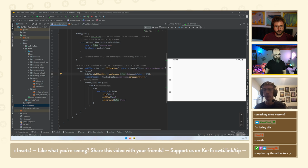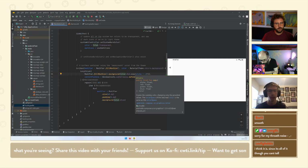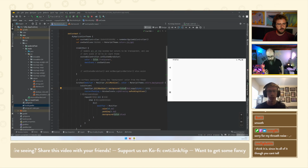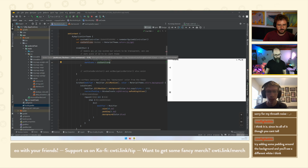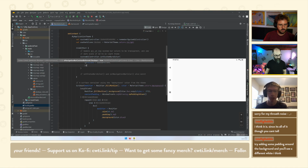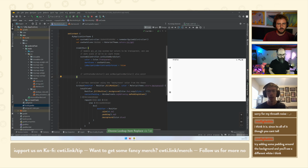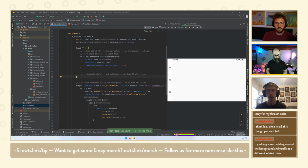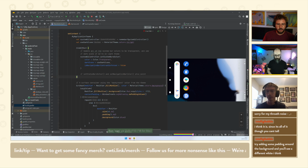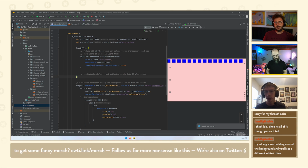So this is API 32. You can get rid of that white opaqueness if you want to completely have it be transparent. And I think that's on the system UI controller. There's an option, is navigation bar contrast enforced. Yes, that's the one. And so for certain API levels, there will be that kind of automatic scrim placed on top so that content isn't hidden. And this will completely remove that. So now you'll see that